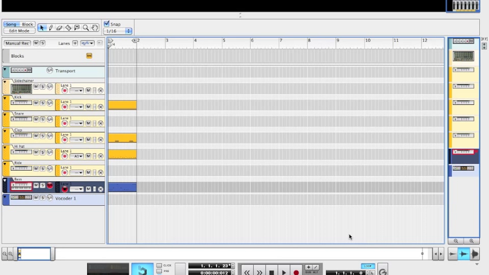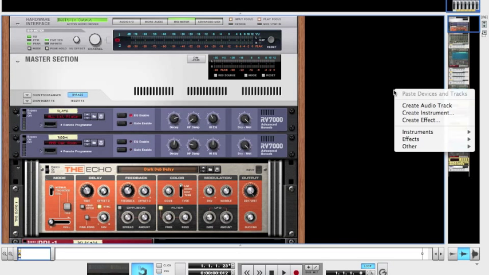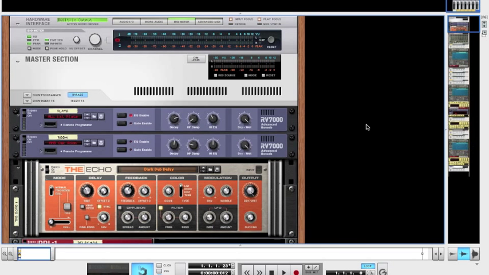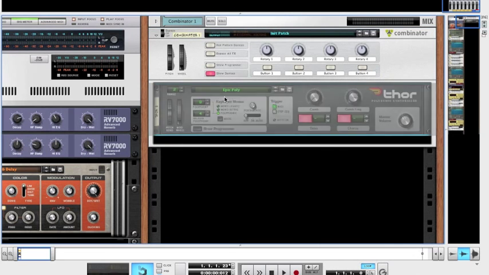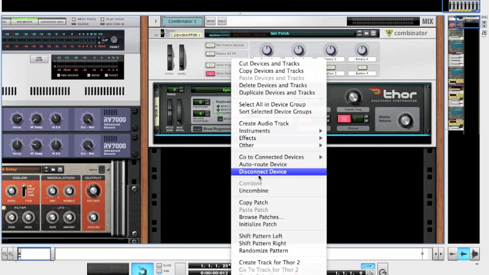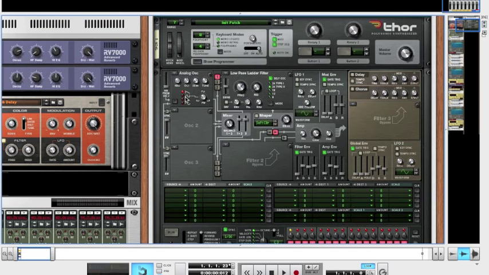So I'm just going to jump right into it. First you need a combinator as always, and a 4 polyphonic synthesizer. Initialize the patch. Now you're going to want to put on mono legato, and the portamento you're going to want to set to auto, and then you're going to want to do show programmer, and then for the first oscillator